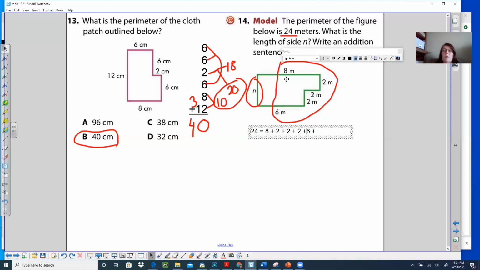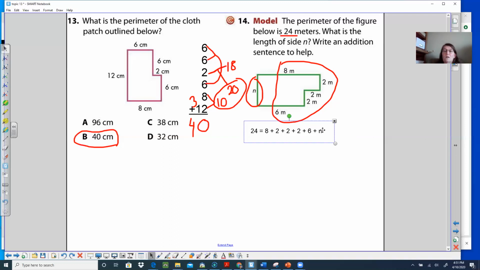Okay, let's make sure we have the right number of sides. 1, 2, 3, 4, 5. 1, 2, 3, 4, 5. And there's still that n. We can't forget about that n. So all of that stuff has to add up to the 24. So now what we're going to do is figure out what this chunk is. So 8, 9, 10, 11, 12, 13, 14, 14 plus 6